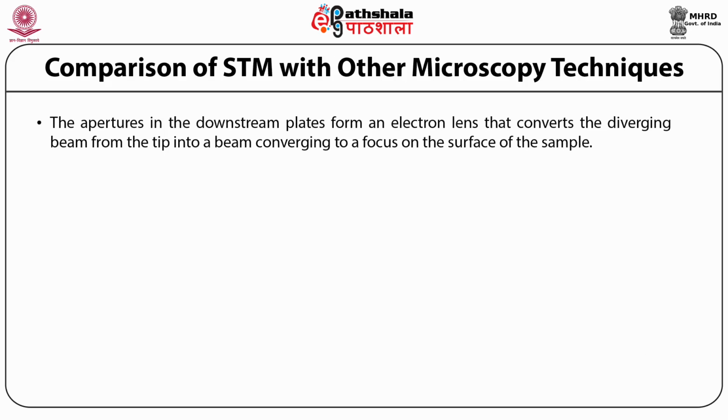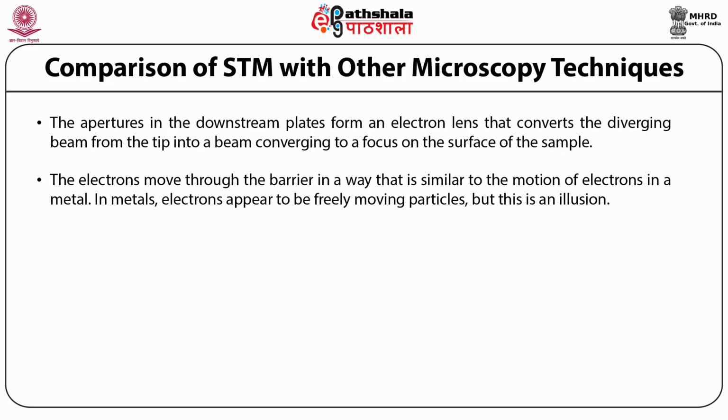The apertures in the downstream plates form an electron lens that converts the diverging beam from the tip into a beam converging to a focus on the surface of the sample. In the STM, the plates that form the lens in the SEM are removed and the tip is positioned close to the sample. The electrons move through the barrier in a way that is similar to the motion of electrons